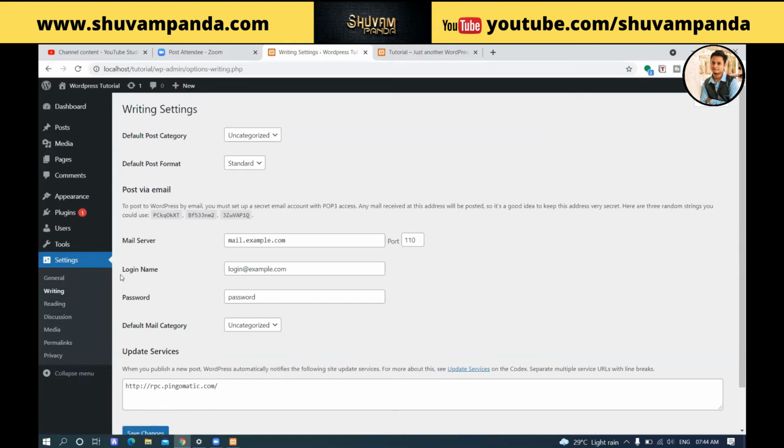The writing settings control the writing experience and provide options for customizing our WordPress website. Very simple. In this settings panel, we can have the feature of adding and editing posts, pages, post types, as well as publishing by email. Default post category: if you publish a new post, what will be the default category?